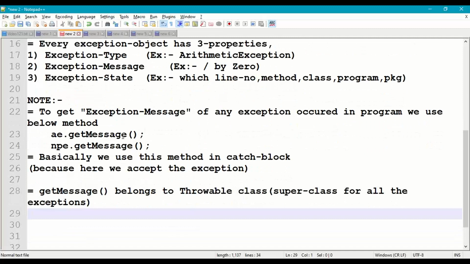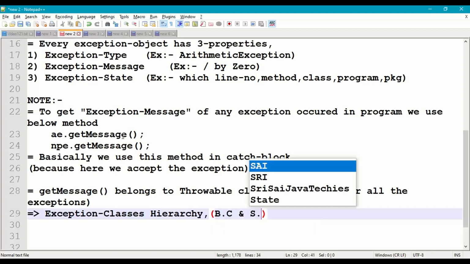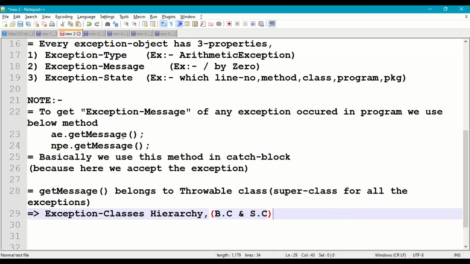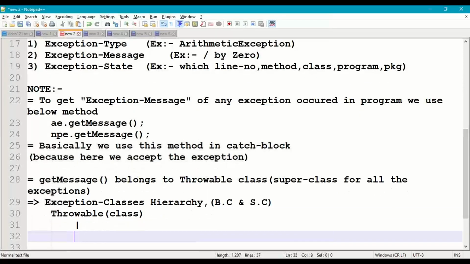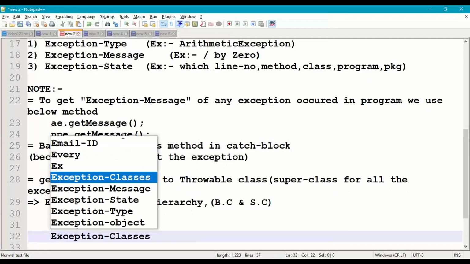So the exception classes hierarchy goes like this. Hierarchy means base class and subclasses. At the top level we have throwable class, and then the subclass is exception class.